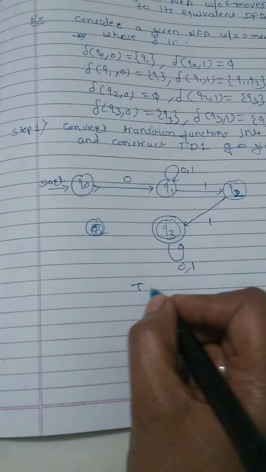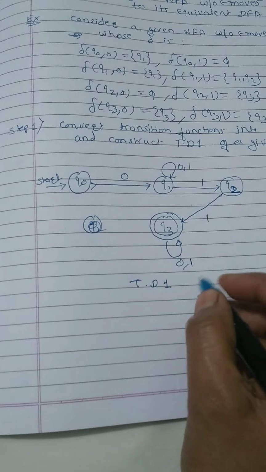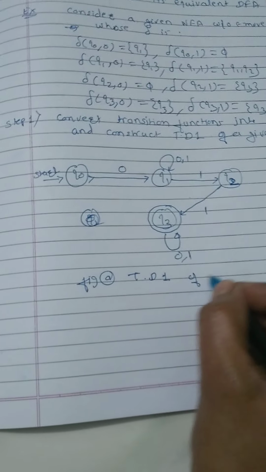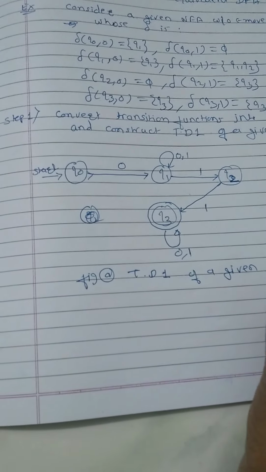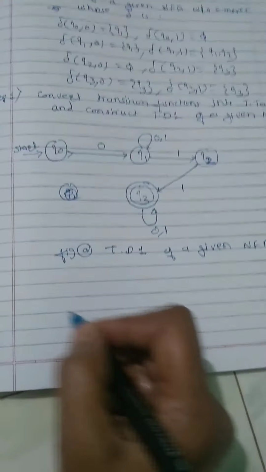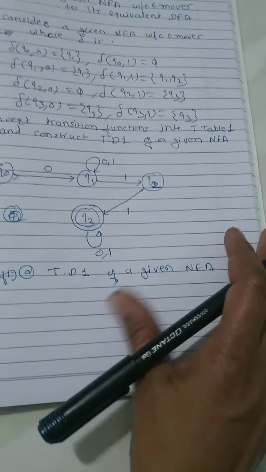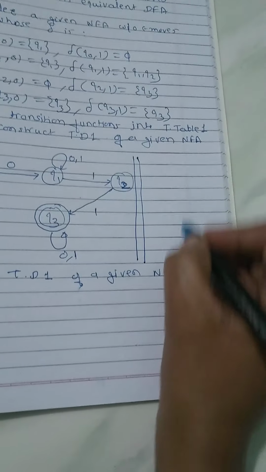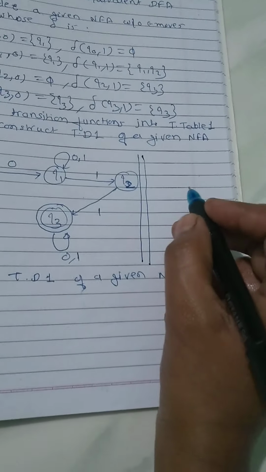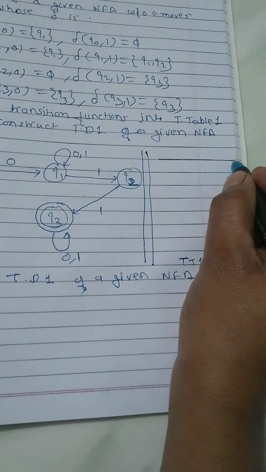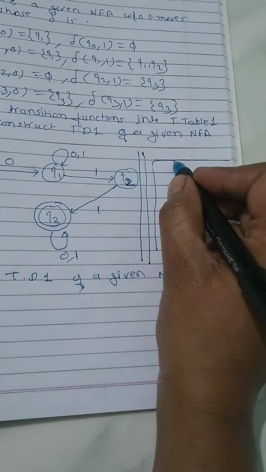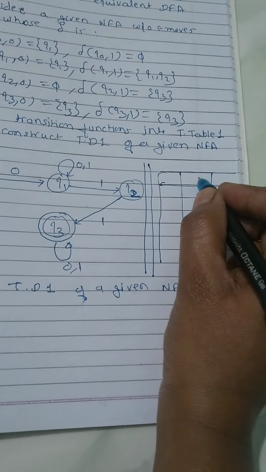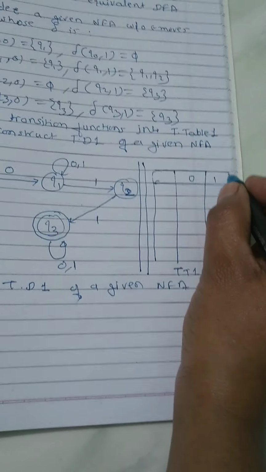Means we converted the given functions into the transition diagram. Let's see this as the transition diagram of the given NFA. Then obtain the transition table of this one. I will construct the transition table near this one, so it will be easy. Let's construct transition table 1. We know the format of a transition table. It consists of rows and columns. Row headings are the states, and column headings are the input symbols. Two input symbols are here, 0 and 1.